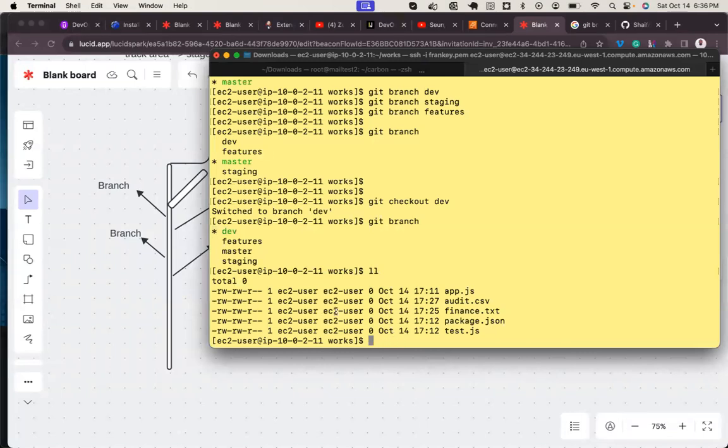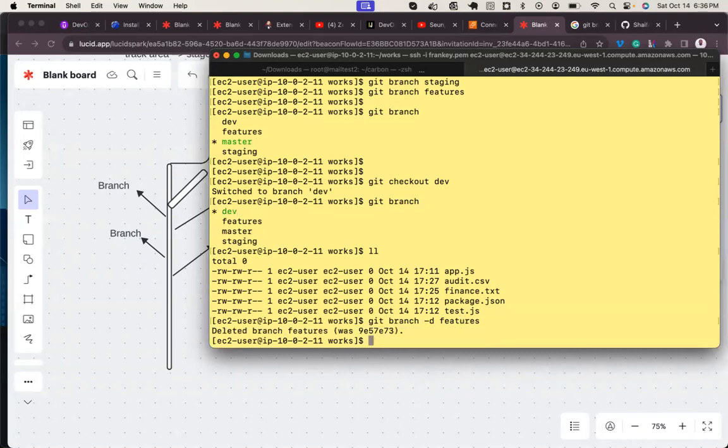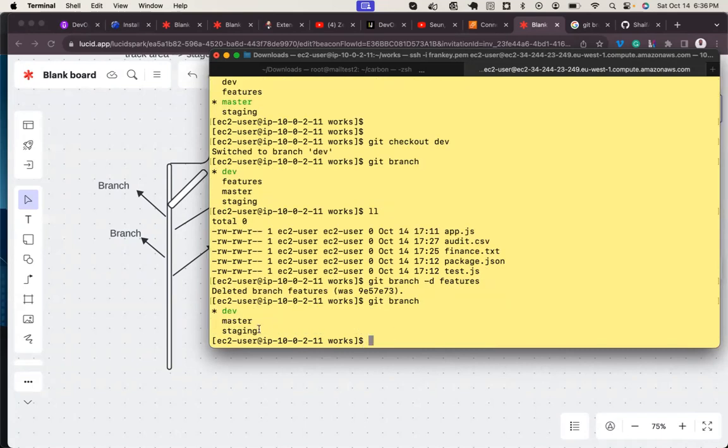Now, for instance, I need to delete some branches. Git branch -d, the D flag, and the branch name. Let me say features. It will tell me that this branch was deleted. So if I do git branch, I'm left with just 3 branches.